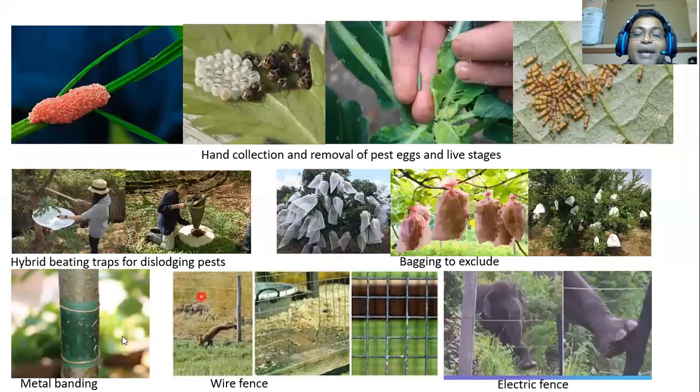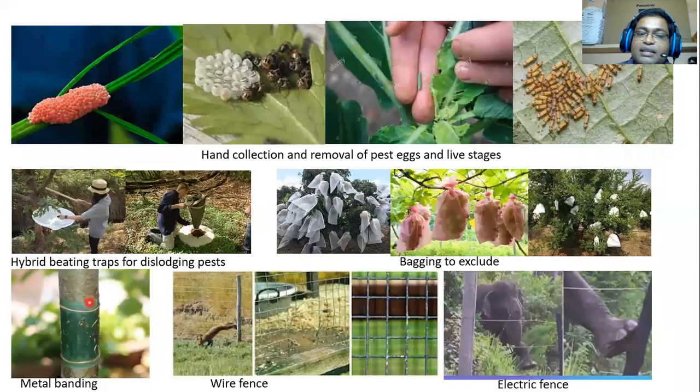And you can go for metal banding. So metal banding means, on the coconut tree trunk, if you are fixing very shiny metal, then the squirrels will not climb, rats will not climb, because squirrels and rats are creating problems in coconuts. Some beetles or caterpillars, ants, if they want to walk with mealybugs, they will not walk. Or even above this metal plate, you can apply some Vaseline. Then the ants will stick on it and will not go up with the mealybug eggs.